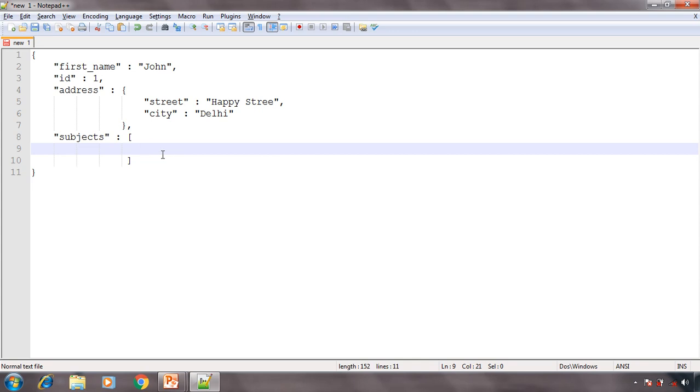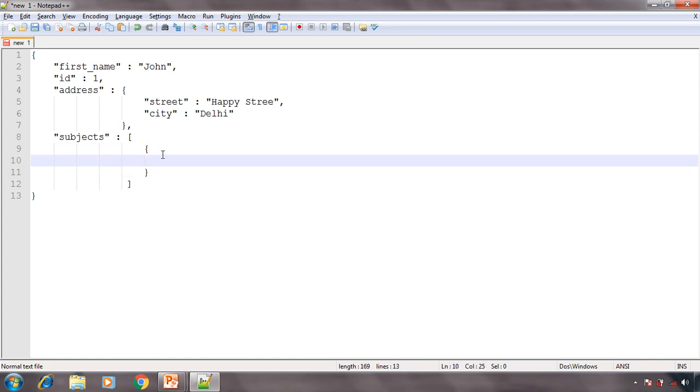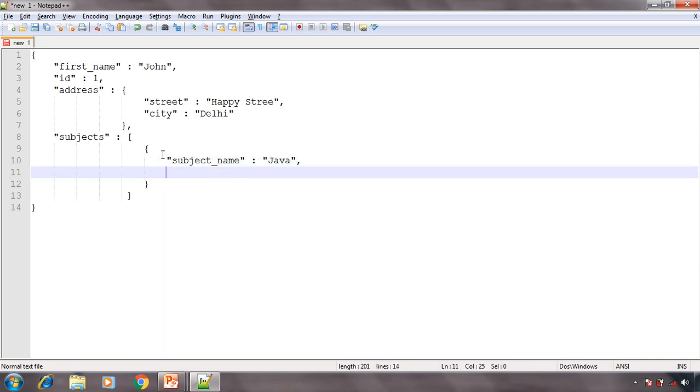So an object starts with curly braces, ends with curly braces, and inside that we have some fields. That is basically subject.java's fields. Say subject name. Say for example, the student is learning the Java subject, and this is one key value pair separated by comma, another key value pair, marks obtained. Say for example, we want to have a double value, 80.00. So a value can be string, can be integer, long, whatever you say, or double as well.